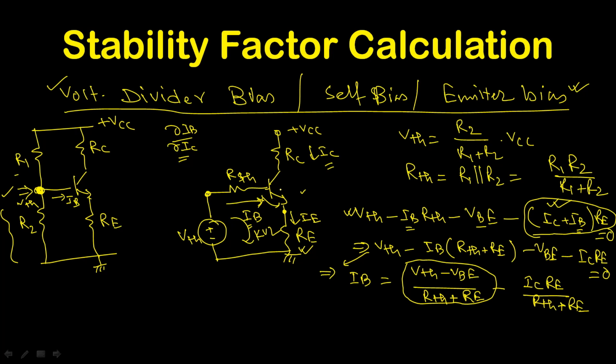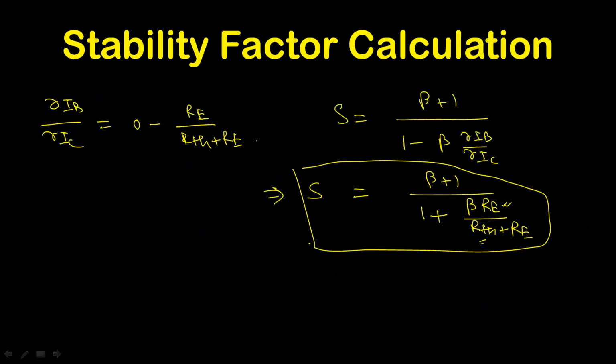So we can say that this circuit biases itself. So it's a self-bias circuit. This circuit provides a negative feedback. The feedback here reduces the value of IB, and it provides a negative feedback. So in the self-bias circuit, the role of emitter resistance is to provide the negative feedback. And whenever negative feedback is present in a circuit, it will improve the stability performance.